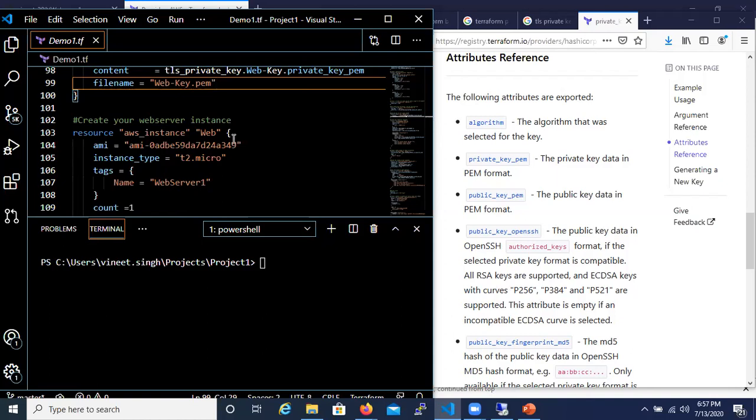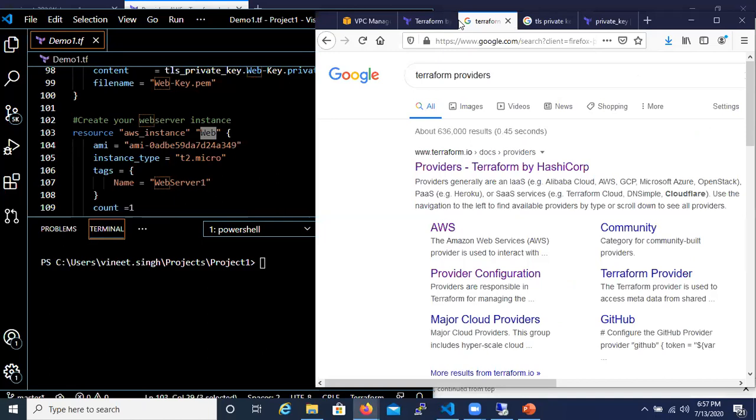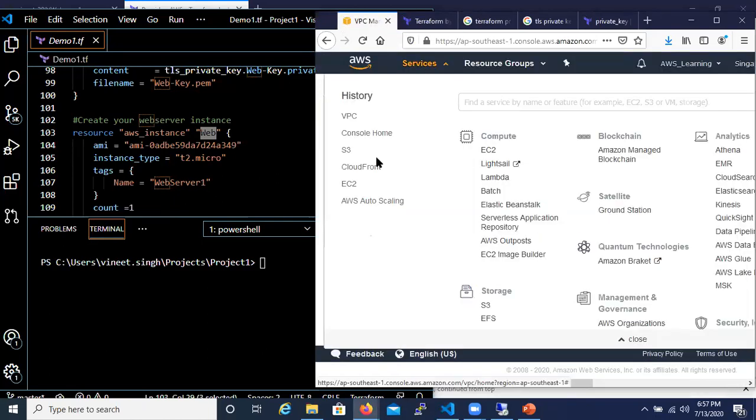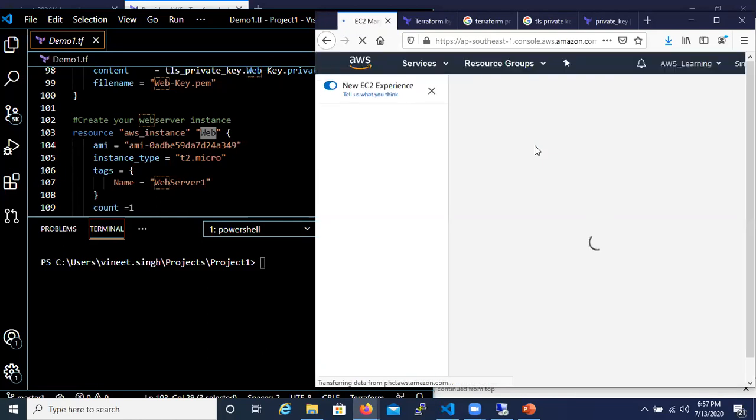For deploying the instance, the resource type which you are going to use is AWS underscore instance, and then this is the name. And let's come back to in here. If you go to the compute section, it is EC2, from where we usually launch the instances.